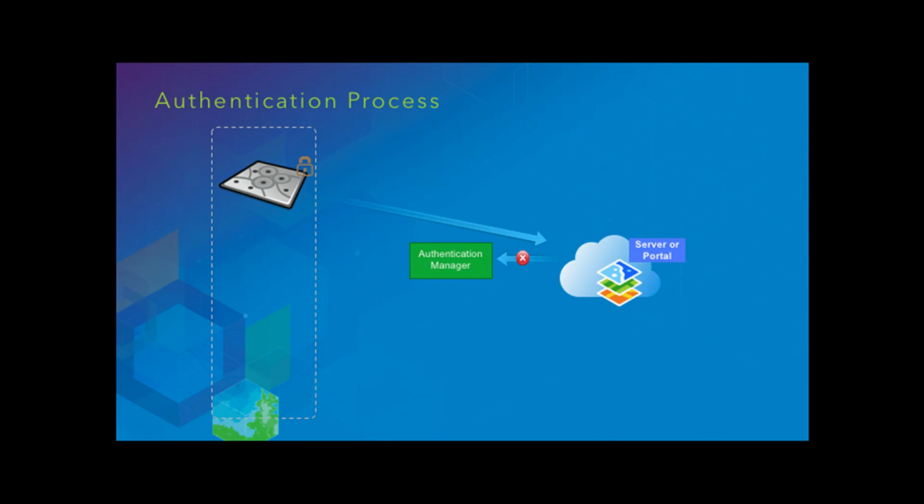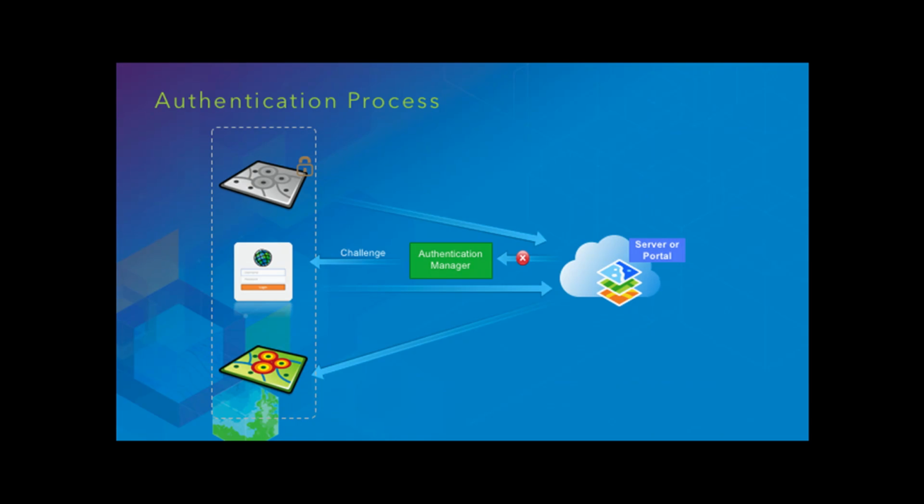It could be that the credentials supplied were incorrect or no credentials were supplied. Then it would examine the type of authentication mechanism used by this layer, whether it's token secured, PKI secured, OAuth secured, etc. Then it would wrap all of this information and create a challenge object. The challenge object is used to get credentials from the user, and then the layer can be loaded successfully. What happens when there are multiple challenges at the same time? The authentication manager queues them for you.